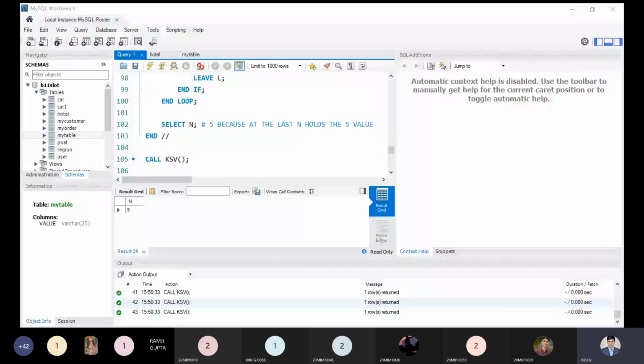Now, is it clear to all right now? The program is clear. Yes, tell me. The program is clear, or you can write the answer. You can just give your response in the chat box, so I am able to understand whether you are getting it properly or not. Tell me any doubt you have. You can respond. Yes, good. This is a simple answer. These are simple questions, simple things we have seen.